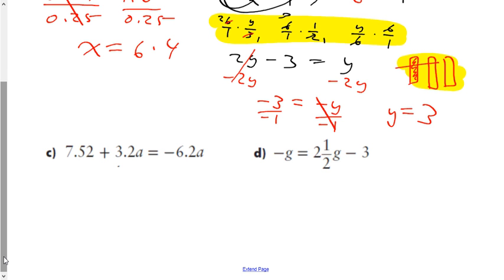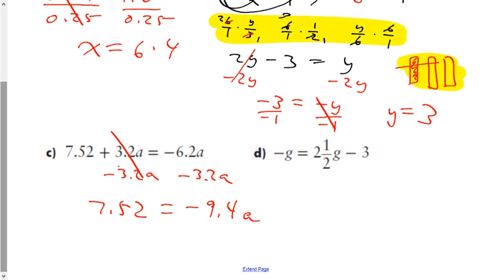Much easier because we're dealing with the same type of equation, but rather than fractional coefficients and constants, we have decimals. So we're going to say, okay, this is much easier. I'm going to subtract 3.2a from this side and 3.2a from this side. Now, if you added 6.2a to both sides, that's still okay. You're still going to get the same answer. I'm doing this because I know by doing it, I'm left with a value on this side. There's no algebraic term there. And over here, again, I'm combining like terms. So a negative 6.2a and a negative 3.2a, they are like terms. When I gather it, I'm going to combine the coefficients. I'm going to end up with negative